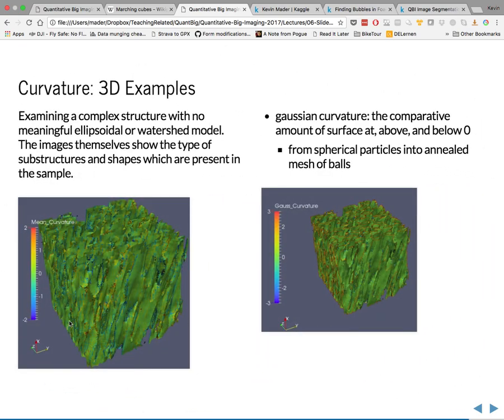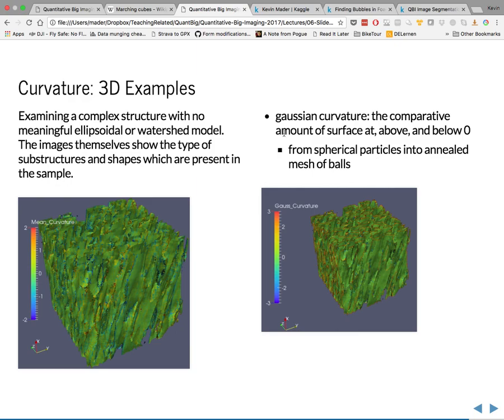And so you can then project these curvatures back onto the surface itself. And so you can show for a surface what the curvature values are at different points. And so here we show the mean curvature, which is sort of the average of the minimum and the maximum. And here we show the Gaussian curvature, where we have this product. And so we can see near the edges, we have these very, very high curvature regions, and kind of in the middle and some of these valleys, we have some of these negative curvature regions. And so this makes it then much easier to go through this object and start to analyze it,